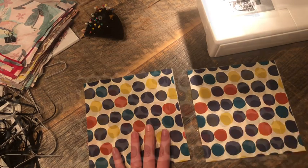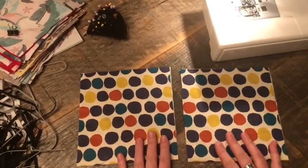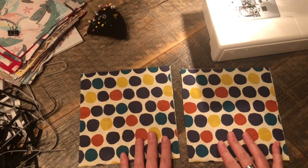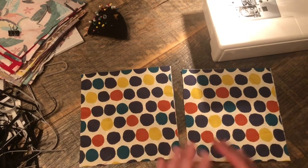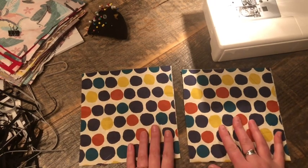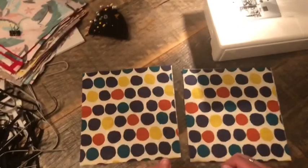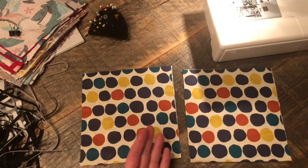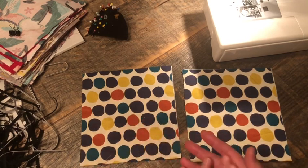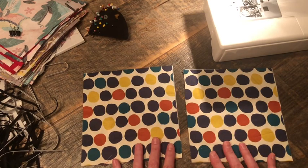All right, so for this pattern, we are going to use a little bit different fabric than our first one. The first pattern is without a pocket, and we use 3 pieces of material, so we kind of sew in a liner. This one is going to allow for a pocket, and that is going to allow whoever's wearing it to add a filter of their own, whether it's a piece of vacuum filter or even something like Kleenex or a maxi pad. They can put something within the pocket and give themselves a little bit more reassurance of having that extra